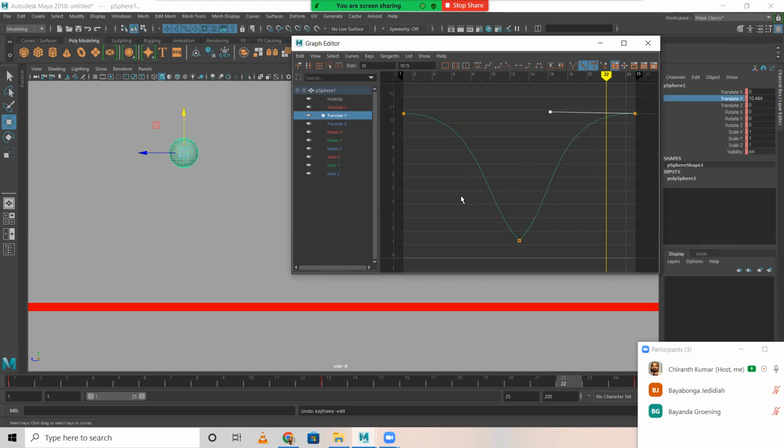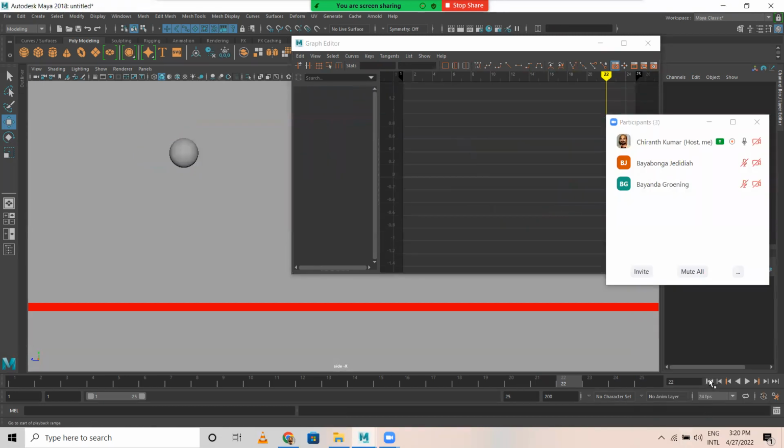So now what happens, the sphere is going to be in the air for some time, then a very quick release from here. Just notice now, you get a very good bounce, right? Good bounce is there. Then what I'll do, then